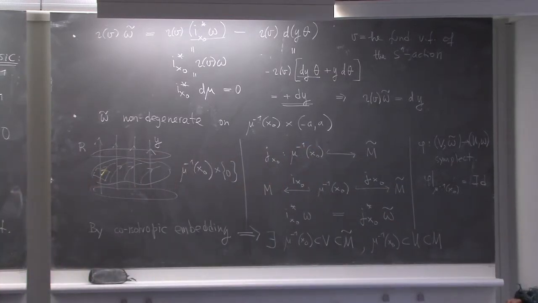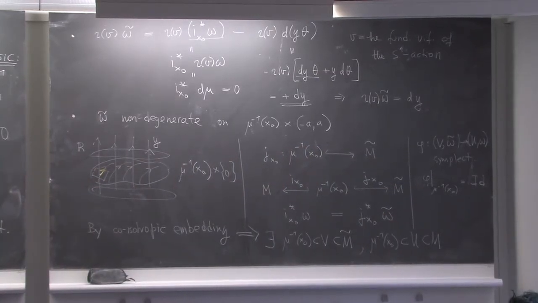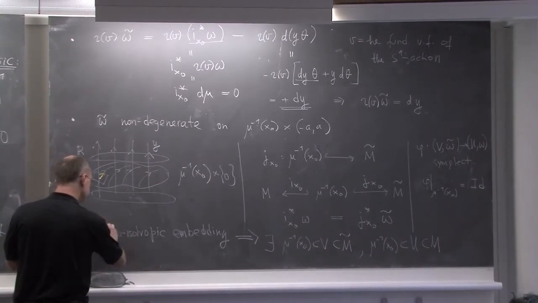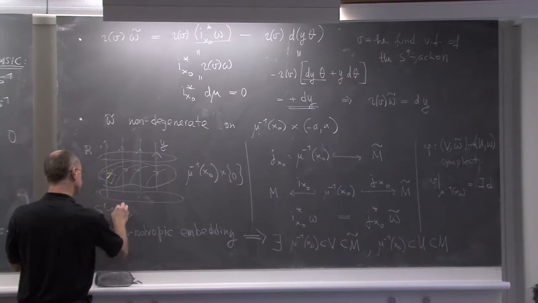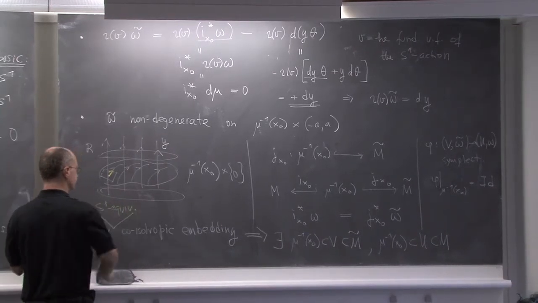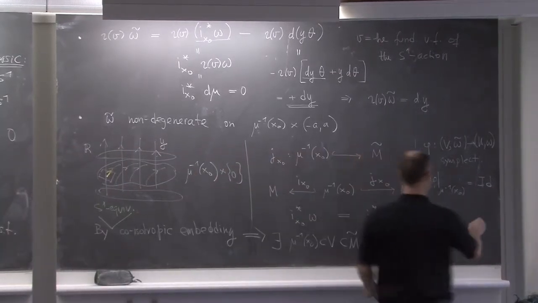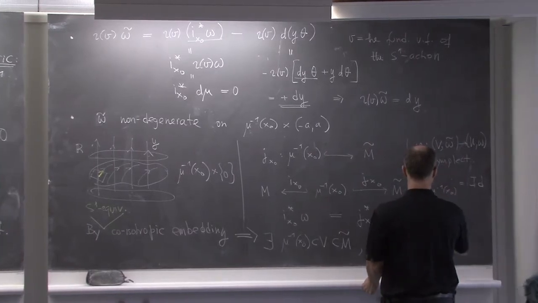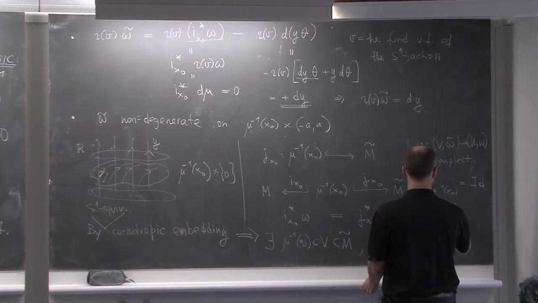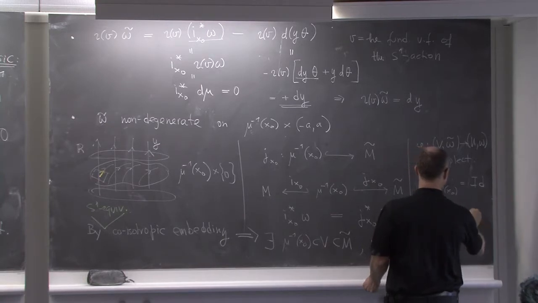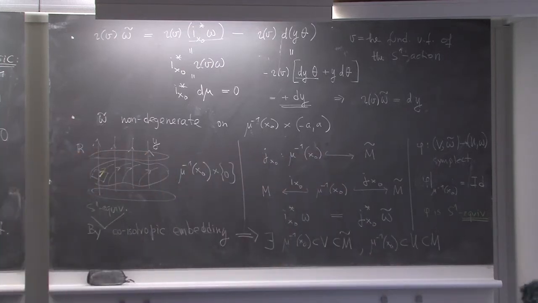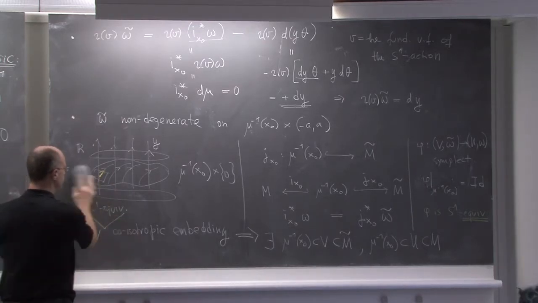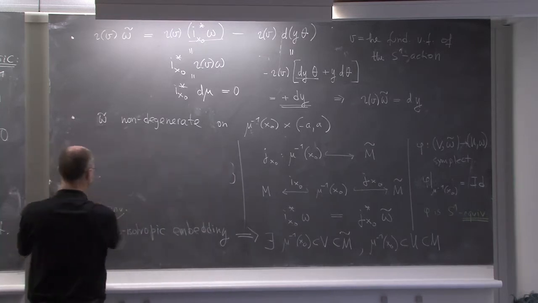So this is an extra piece: my S1 equivariant coisotropic embedding, and here phi is S1 equivariant. So to summarize,